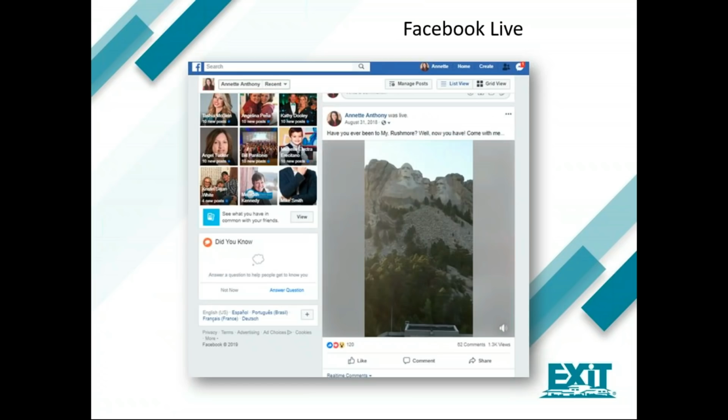Now, take a look at this image. This was a personal trip that I took to Mount Rushmore. And I was compelled to share this because how often do you get to visit a national monument, right? This may be a once-in-a-lifetime opportunity, and it was absolutely awe-inspiring. So I shared the moment by pulling my social audience into it and having them experience it right along with me. It was so special. I just felt more people needed to see it.